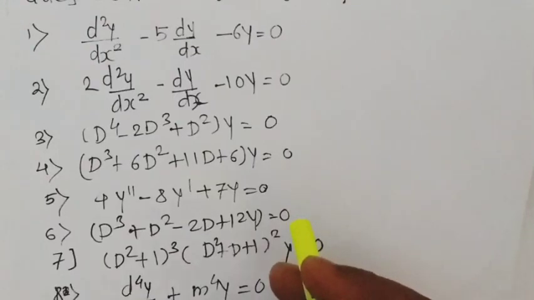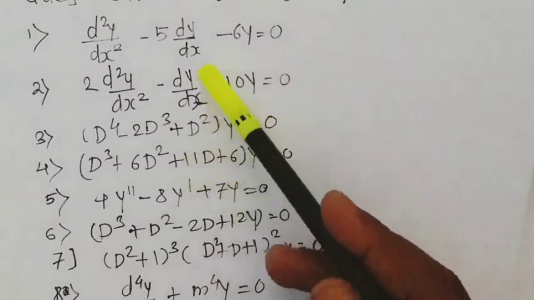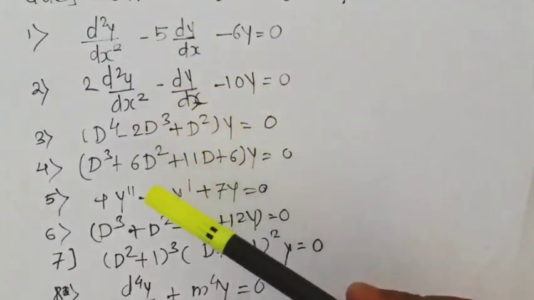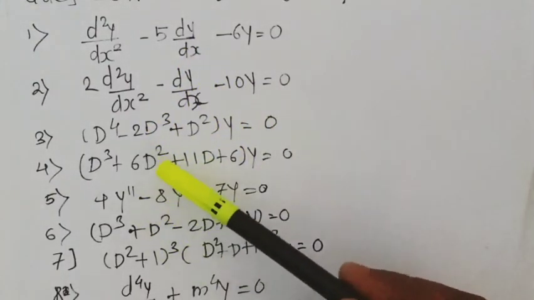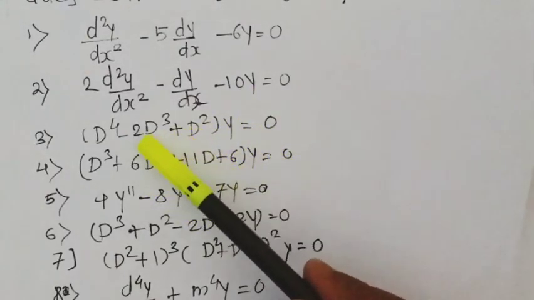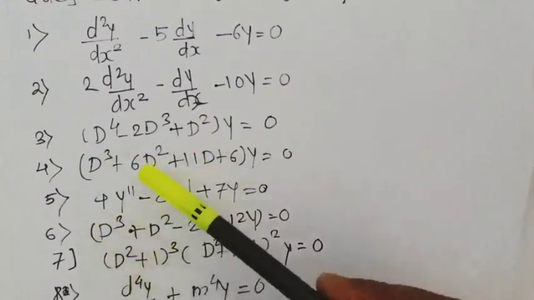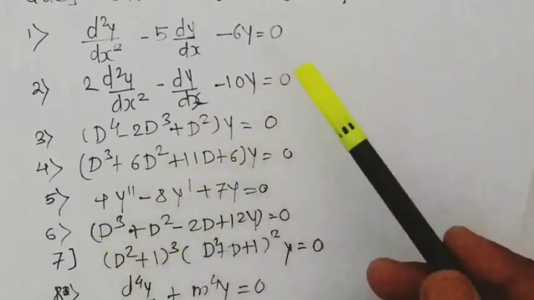Whenever a differential equation is in front of you, very first we calculate its auxiliary equation, which is given by phi of D equal to 0. So for the given differential equation we need to find the polynomial in D. Whenever the derivatives appear in the form of d by dx or dash, we convert them to D first, by using D equal to d by dx. And if the differential equation is already in the form of capital D, then it will be very easy to determine phi of D.